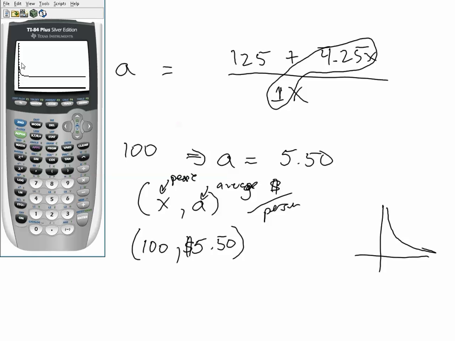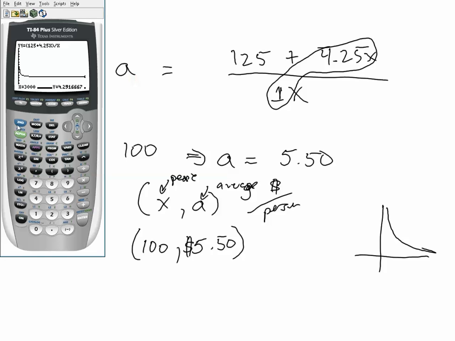But I also notice that now my asymptote doesn't appear to be 0 anymore. It appears to be along this line here. And if I just trace it and follow it to get a good image of what's happening there, I can see what my table was telling me, that as I get more and more people, my cost seems to be going down